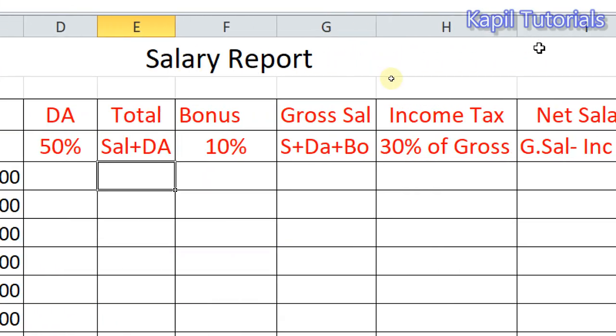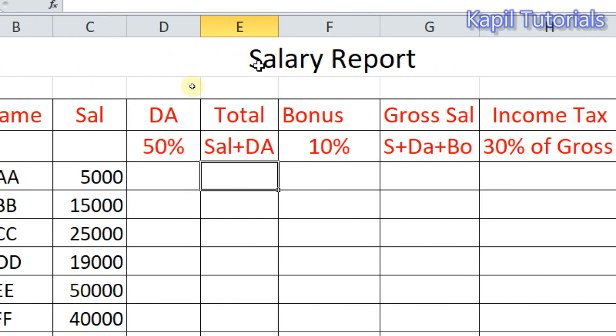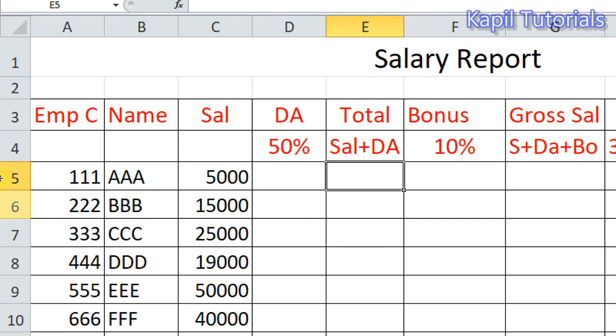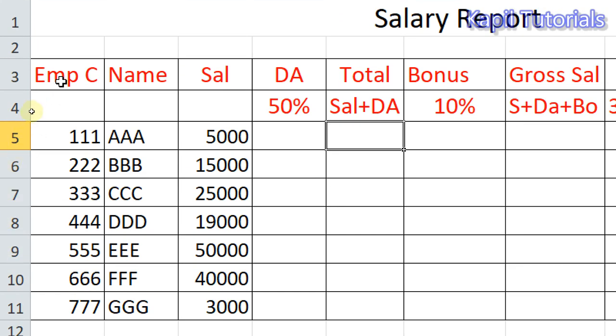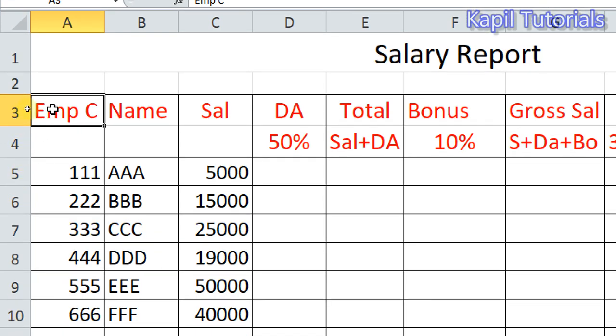I have made a table based upon a salary report. In this table, I have given one column, employee code. Employees in a company, different employees are there. Like you have roll numbers, in a company each employee has their own ID.